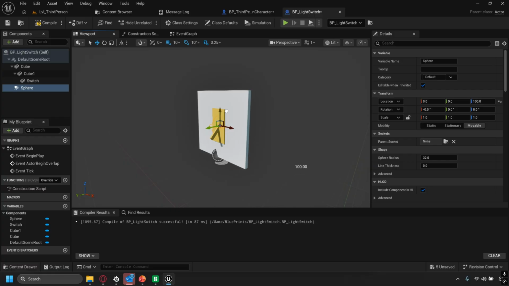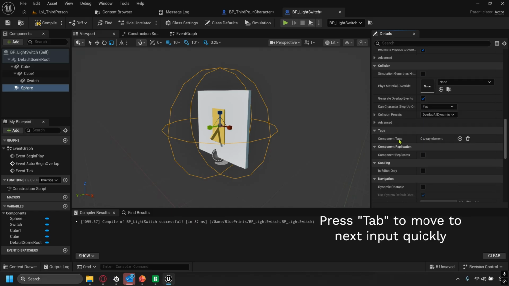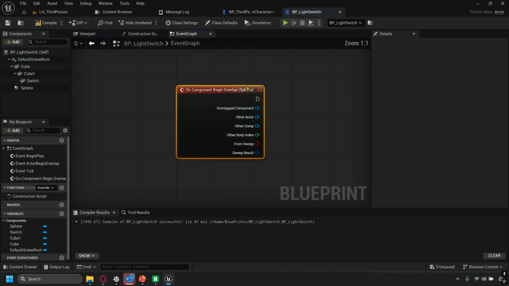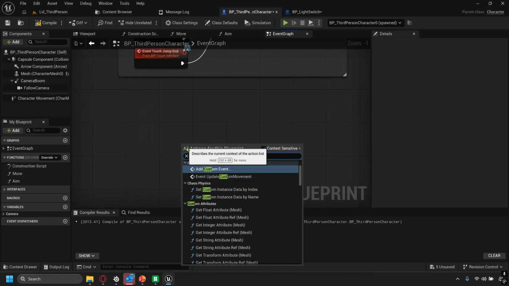I am also going to add, after selecting default scene root, a collision sphere. Going to move it up to 100, scale it up by 5, scroll all the way down to the bottom, and on component begin overlap. Before we do anything with this node, we will go to our BP third person character,